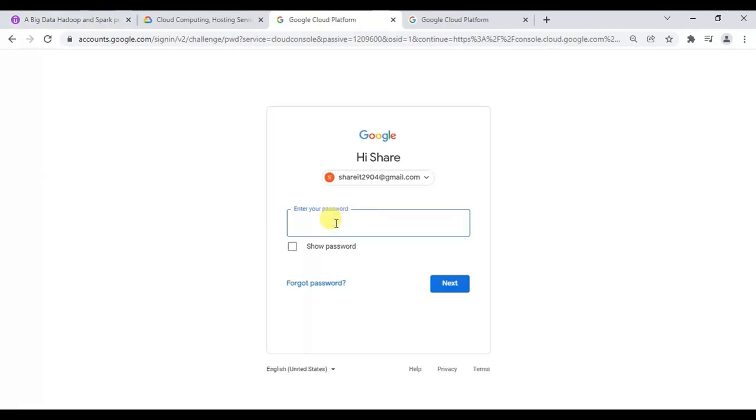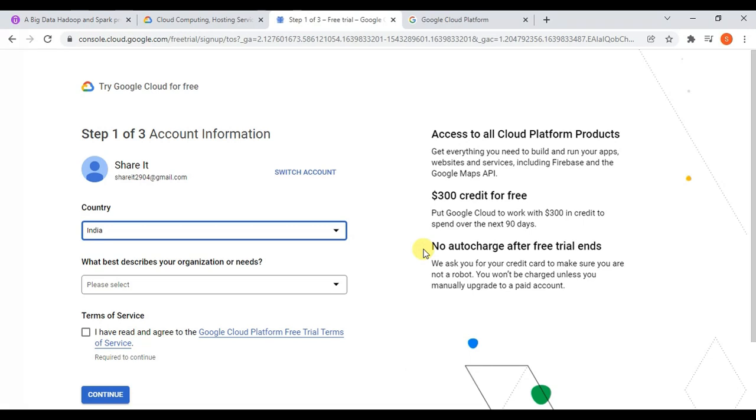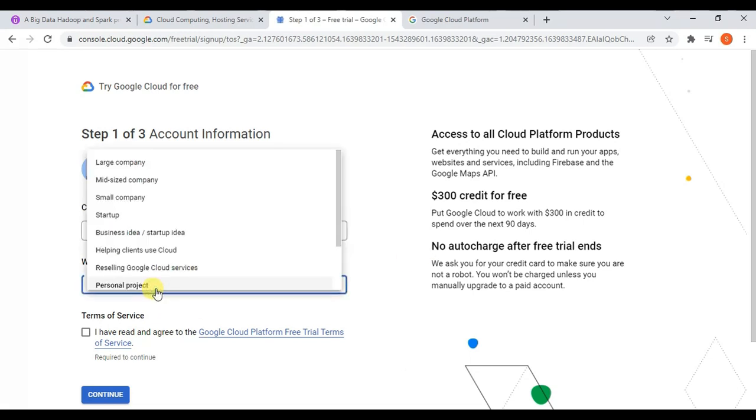Give your email ID over here and also a password to create a GCP account. You can use an existing Gmail account and password. You don't need to give a separate password. So click on next. Then it will ask for other details.